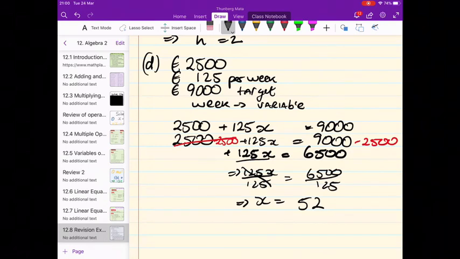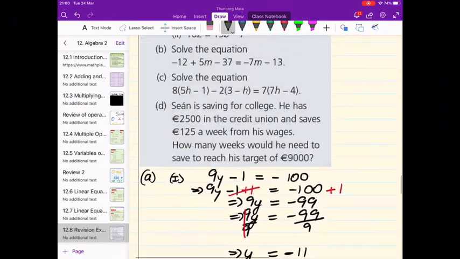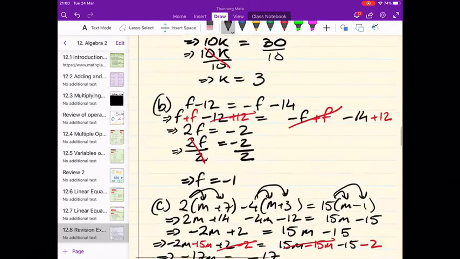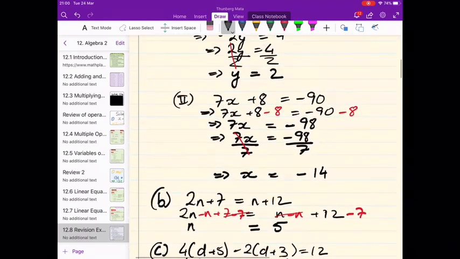Now, because it's very late at night and I'm very tired, I'm going to multiply this in my calculator to make sure I have it right. So 125 multiplied by 52. And I haven't embarrassed myself, I got that right. So he'll have to save for 52 weeks. Okie doke. So that is